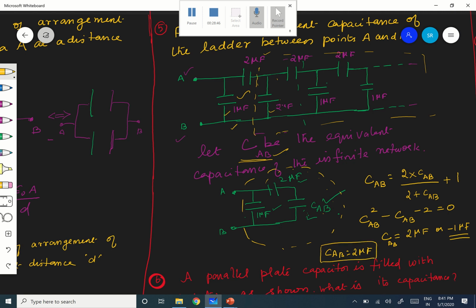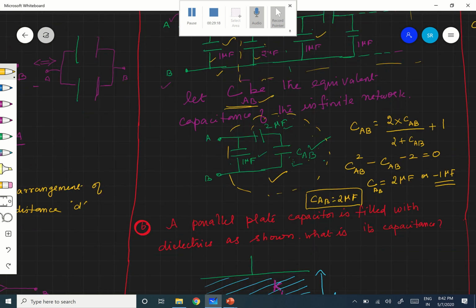Okay, very important, very easy. See, infinite network means keep only one. There are so many identical segments, 1, 2, 1, 2, 1, 2, like that, so many. Just keep only one segment, everything else you just cut it off. That capacitance will be C equivalent. With that C equivalent, if I am adding one identical segment, it is not going to matter. Therefore, this is how to deal with this problem. Is it clear? Okay, next one.